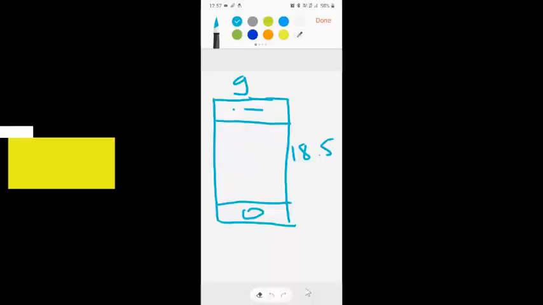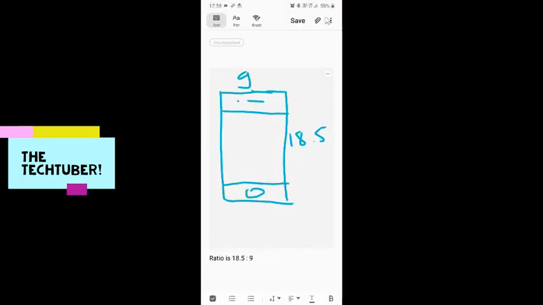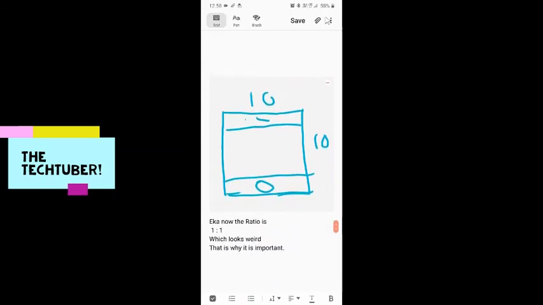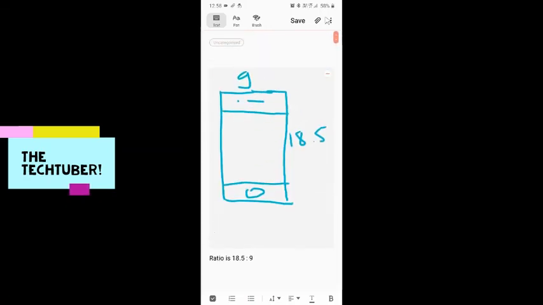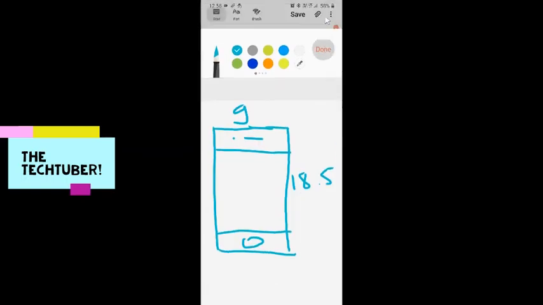Okay, so this is the exact same diagram as last time, just the numbers are changed. Let us assume that this length is 18.5 centimeters and that width is 9 centimeters. That would look like an ideal or normal phone, which is good. But let's see an example which is down here. Anyway, the ratio there will be 18.5 to 9, length to breadth ratio. I just forgot to tell that.